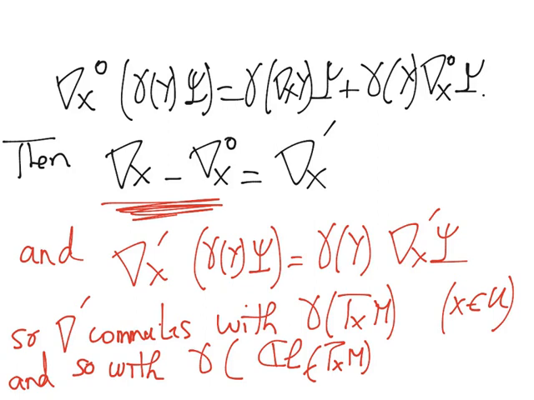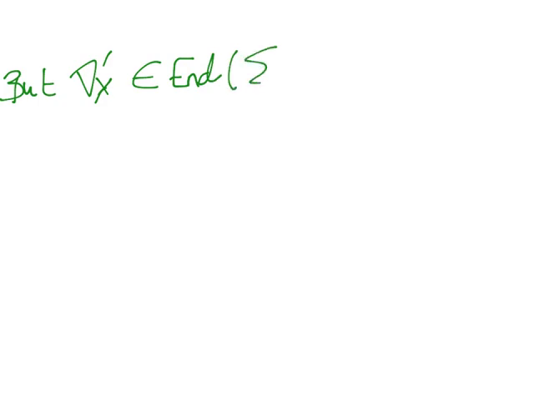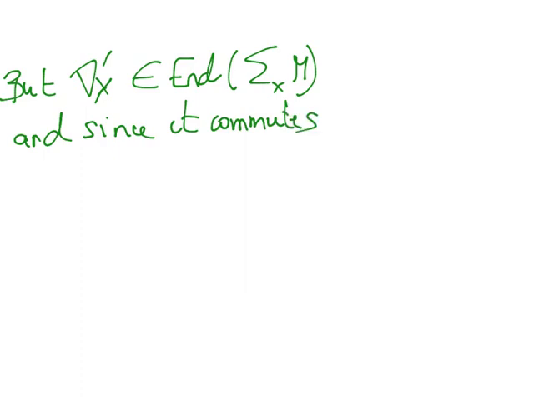So this is the extension of the Clifford multiplication from the tangent bundle to the Clifford bundle for all x, of course, in U. So we have nabla prime commuting now with gamma of Cl(TxM), but nabla prime x is an element of the endomorphism of sigma xM, and since it commutes with